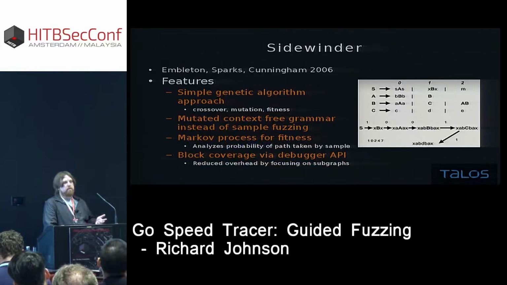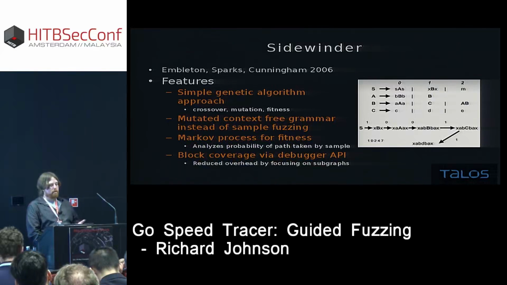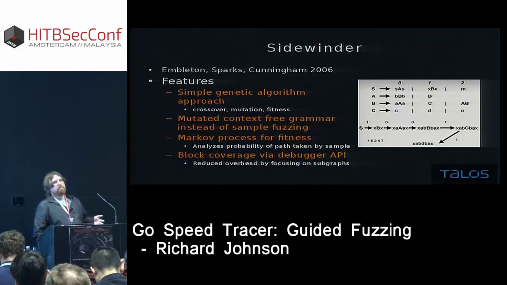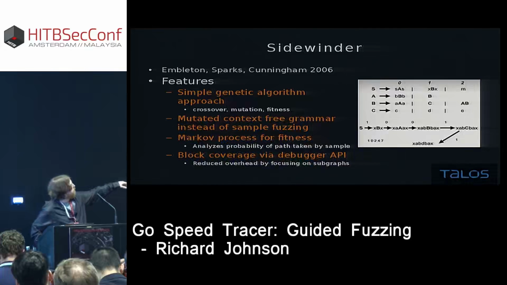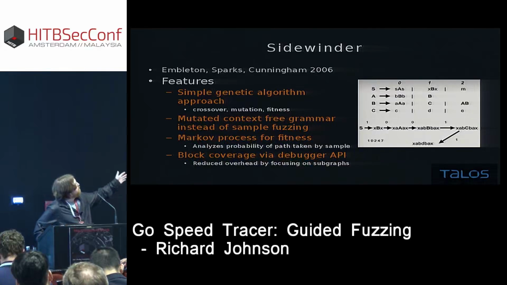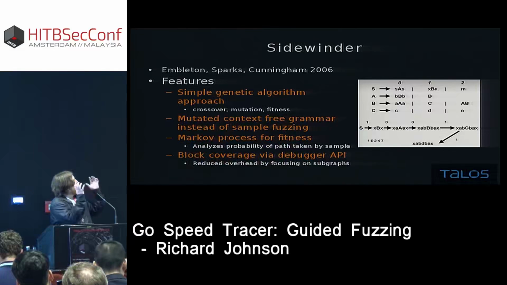They had a pretty slow tracing engine. That's a major drawback of their system. But they did have a pretty cool process or evaluation for fitness, which is the other key part of genetic algorithms. And they used a Markov process, which, so this is a demonstration of their grammar kind of here on the right, where each one of those represents, if you start with A, then you wrap it in what S is in, and so on. So you build a string out of a set of numbers,